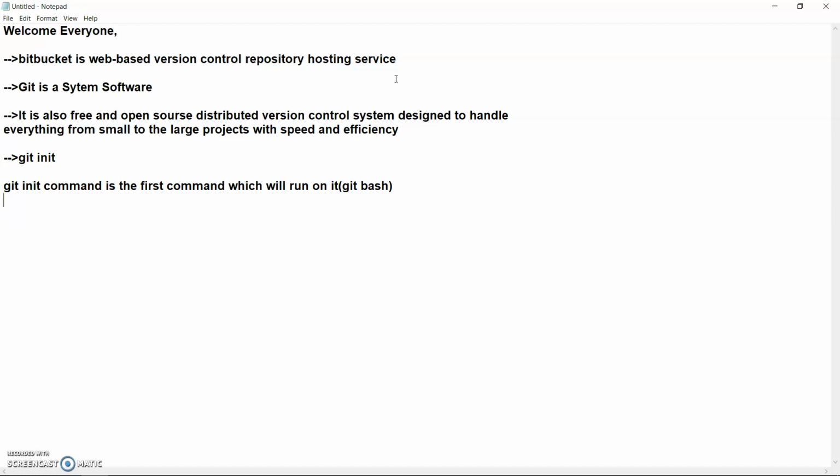Several commands are used inside the Git bash, but this command can be run outside of the repository also. It is used to convert your project into a Git project. So these all are about the git init command.